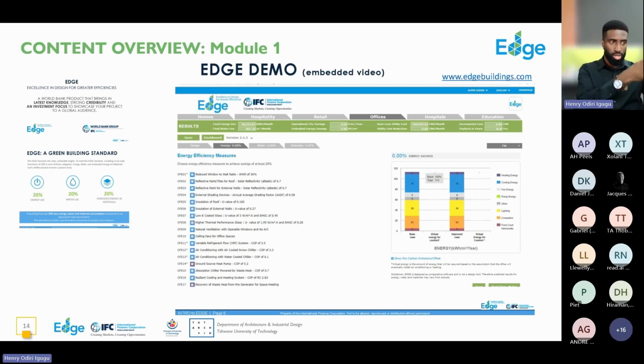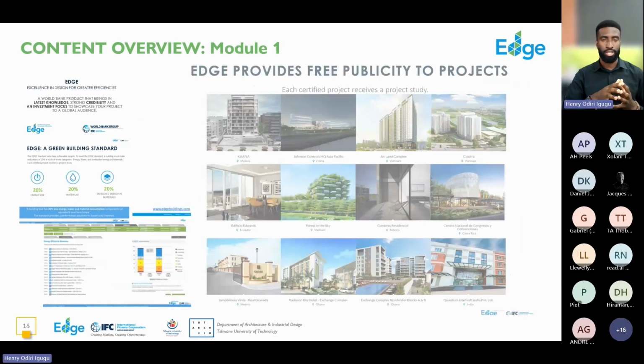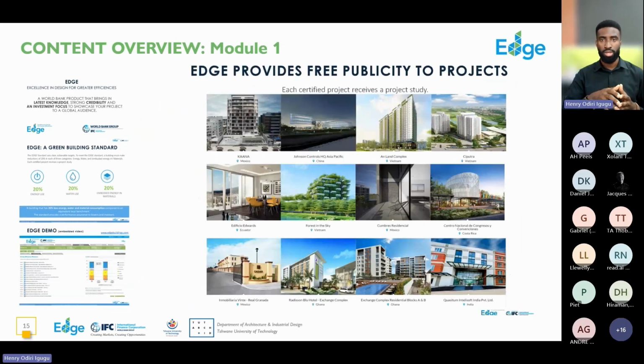And it's going to say, okay, this is a base case for this kind of building. And using this intervention that you have selected, you're going to have 25% more efficient energy consumption compared to that base case, or 30% more water efficiency compared to that base case. So we're going to be exploring that through this module.